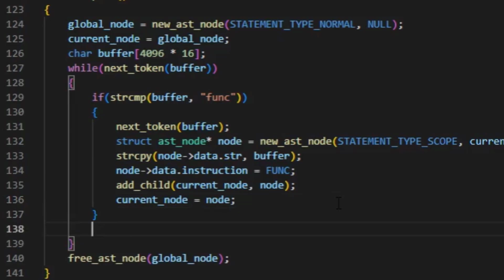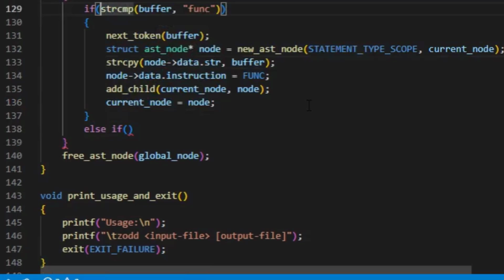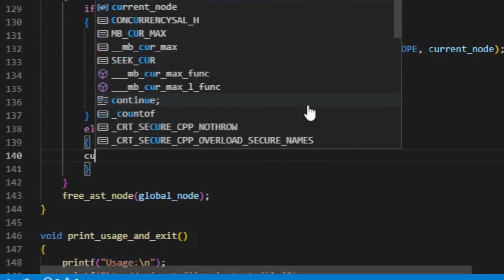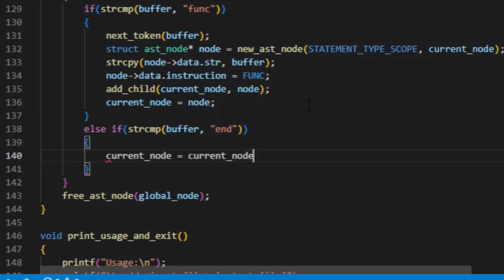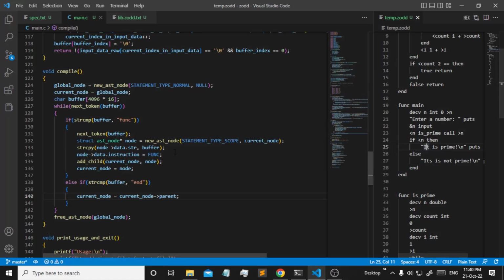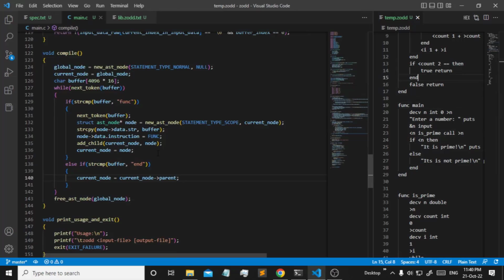For example, now else if, one more important thing. If it encounters an end, what will it do? It will do nothing but current node equals current node's parent. It's going to become its parent, and that's it with end. Now this will work with end for if, end for main, end for functions, for while loops, for everything. We are done with this now. Next thing is, you need to have